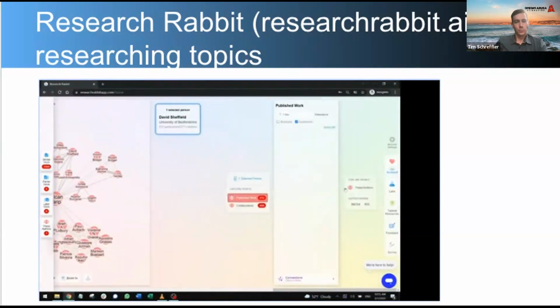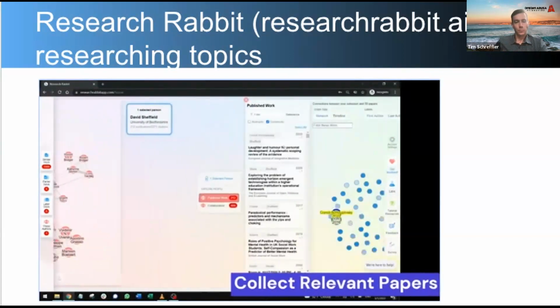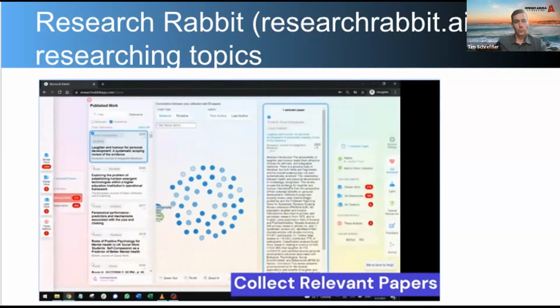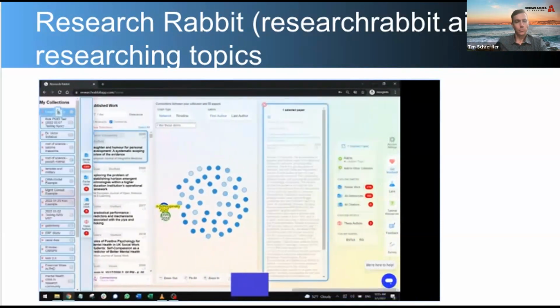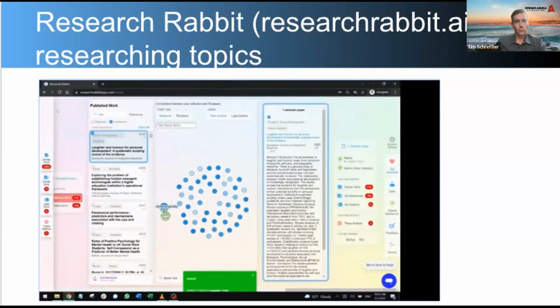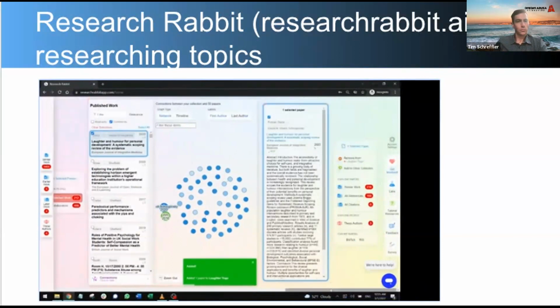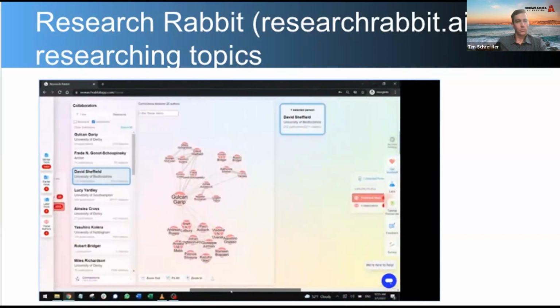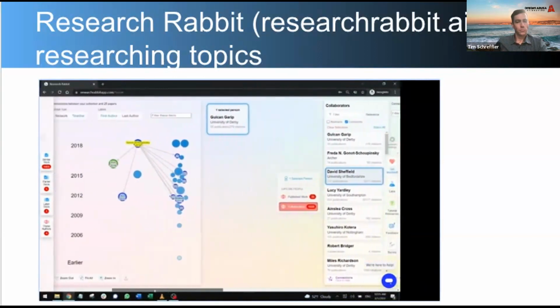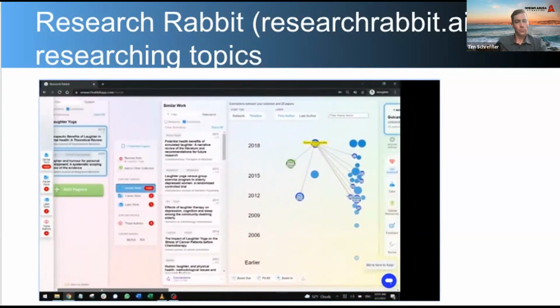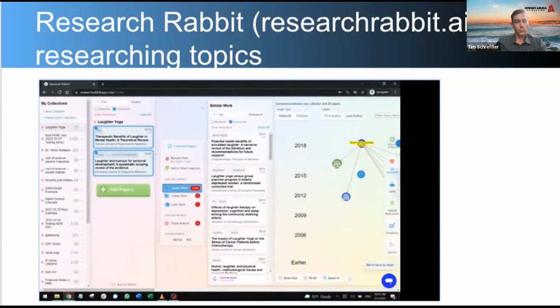Finally, at the end of all this, let's say you found a paper that's absolutely perfect. You can simply drag and drop it into your collection. So that's the first amazing thing about Research Rabbit. You don't have to rely on keywords. You can explore however you like, from papers to authors to graphs. And you can also follow the breadcrumbs to remember how you got to where you are and quickly go back